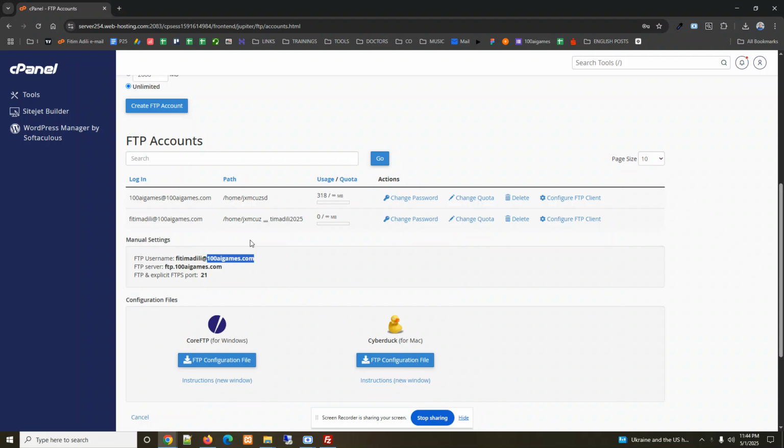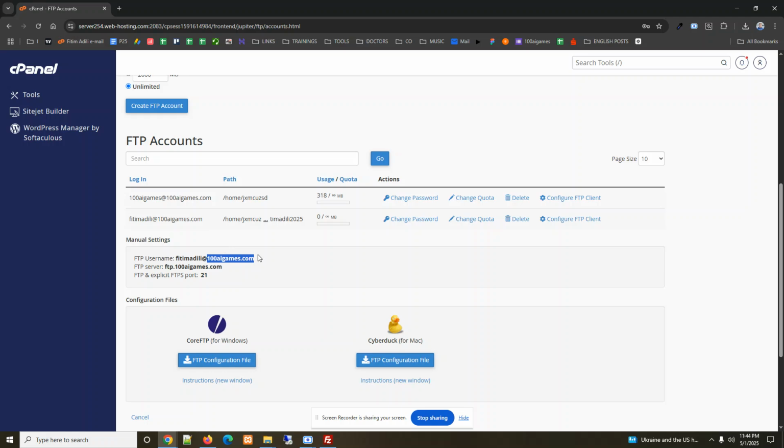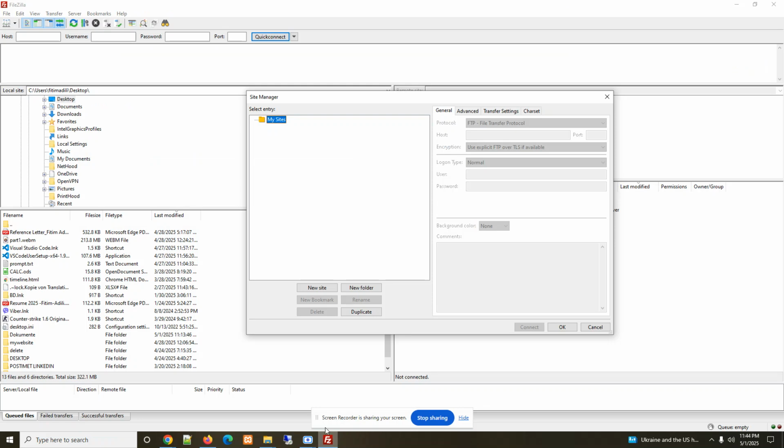So you can buy a domain, you can buy a host, and then put them together. For all of these, Namecheap or any kind of hosting company can help you. And then when you go to FTP accounts, you will have this Configure FTP Accounts. Of course, you have to create an FTP account here. And then I will go here. This is FileZilla, the program that can help you to transfer the files. So I will go to the new site, and then we have here